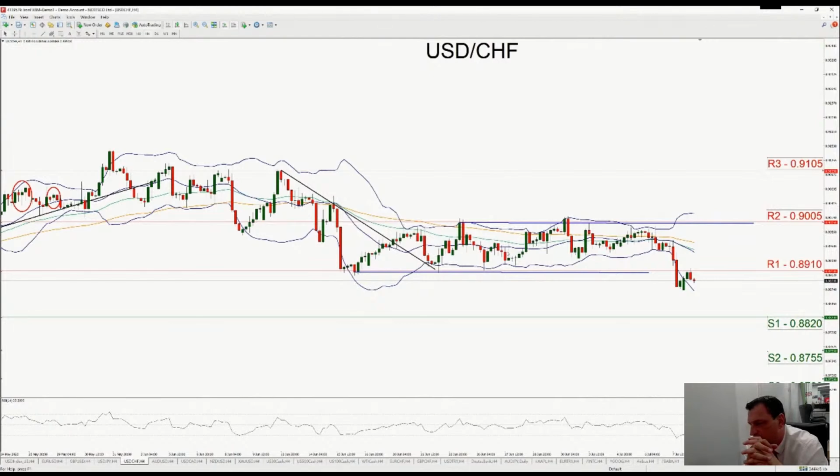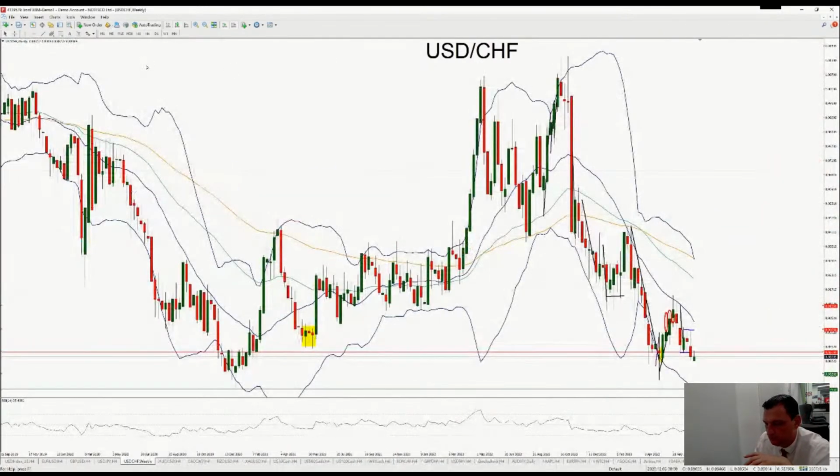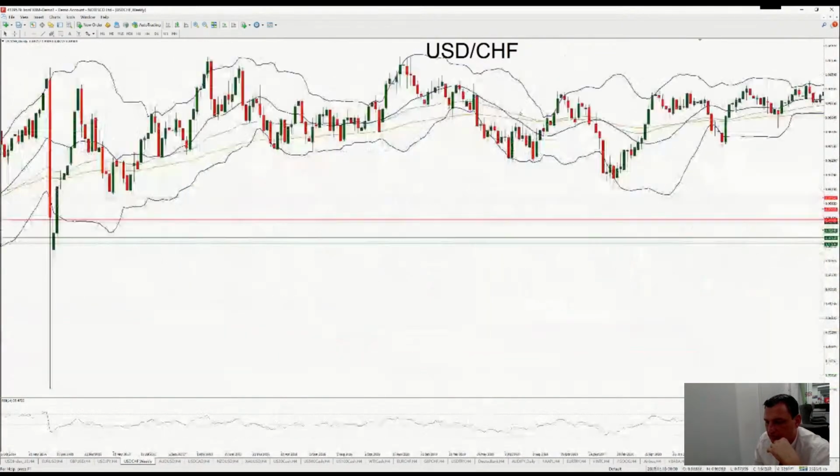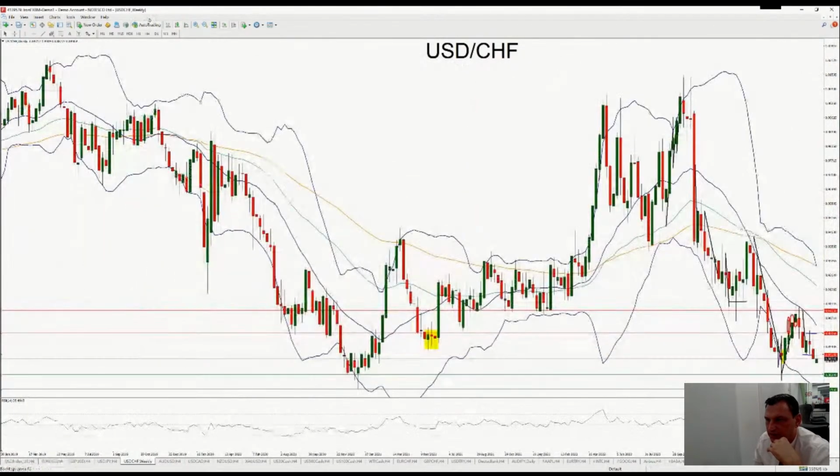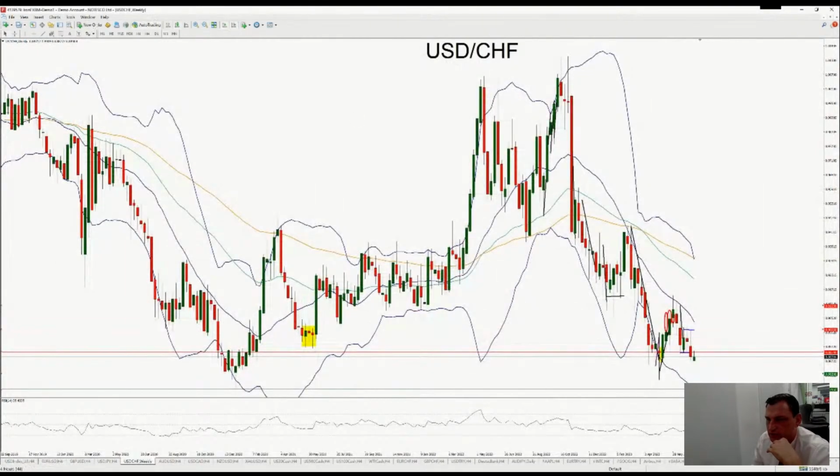I would be highlighting, though, the fact that the pair is already at very low levels. And that tends to more or less trouble me. We are discussing levels which have not been seen practically since 2020. That's almost 3 years. And if even the S1 and S2 are broken, especially the S2, then we're talking about 15 years back. So it's a bit of an issue whether the bears will have actually the courage to proceed,